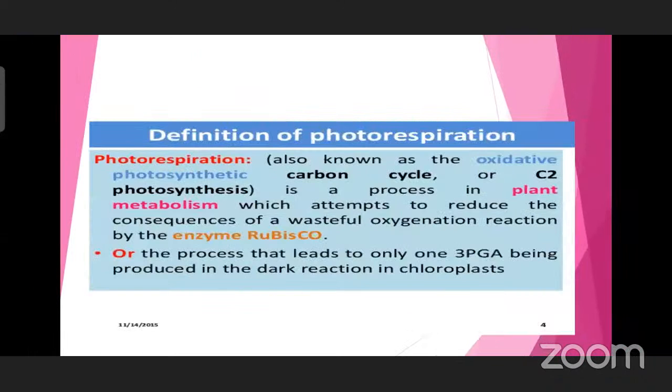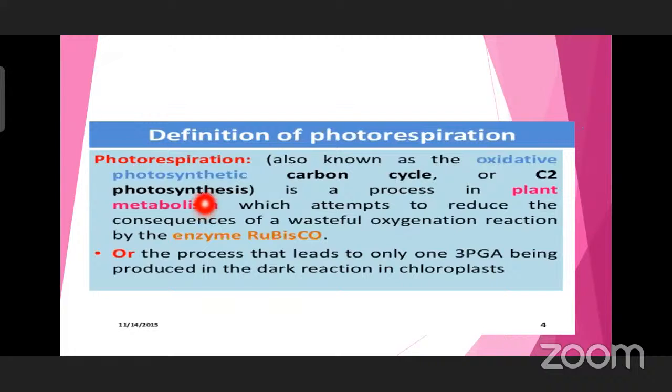Definition of photorespiration, also known as oxidative photosynthetic carbon cycle. Carbon cycle only is taking place here, and it is oxidative because of availability of oxygen. And in the plant part, it is taking place. That's why it is photosynthetic carbon cycle, because further the PGA formed will be going for the regeneration of RuBP. That's why we have to mention it is oxidative photosynthetic carbon cycle, or simply we can say